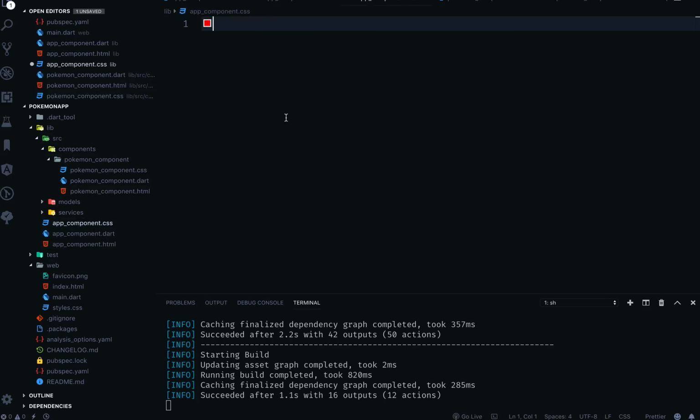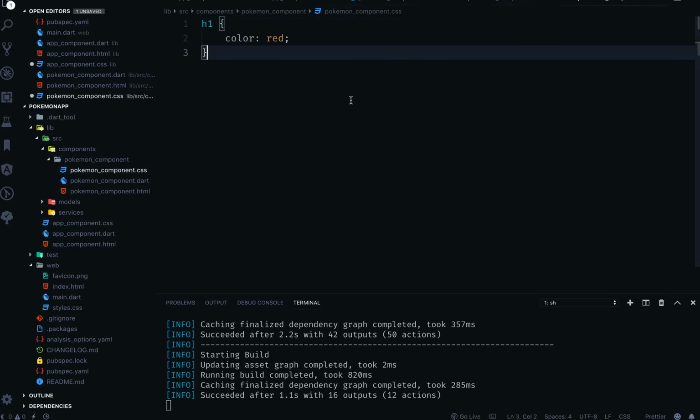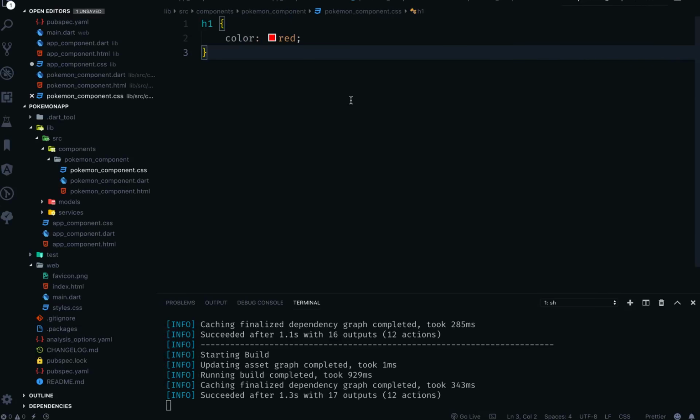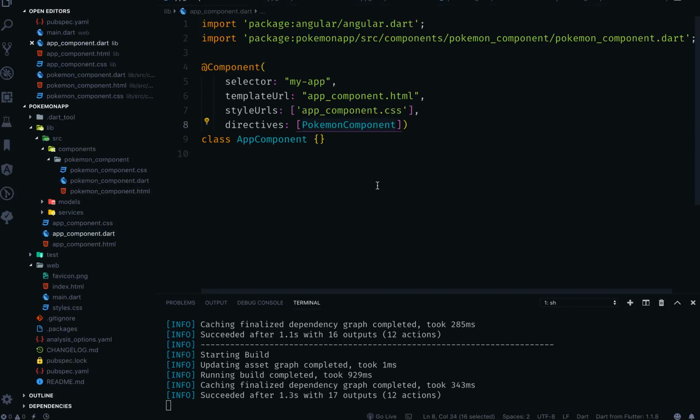Let's delete it from here and go back to our Pokemon component.css, paste it here, and now if I refresh it, you can see the same thing. So this is how you use different components, and this is how you declare them somewhere. And now what I'll do,